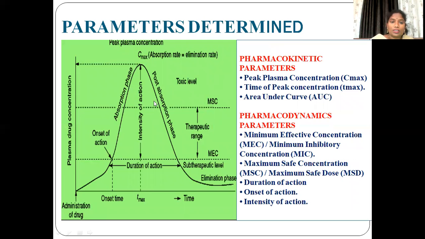Okay, so parameters. How will we calculate these pharmacokinetic parameters? We already discussed pharmacokinetics and pharmacodynamics. We estimate these only by parameters, by taking the plasma concentration versus the time. While drawing the blood, we can easily estimate how much of the drug is available at various organs. So we are estimating by this plasma concentration-time profile.